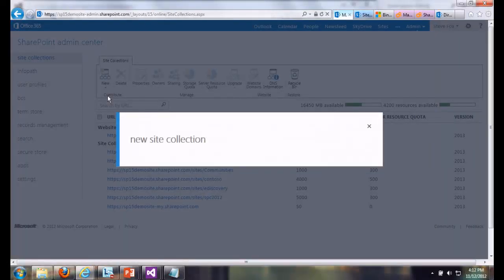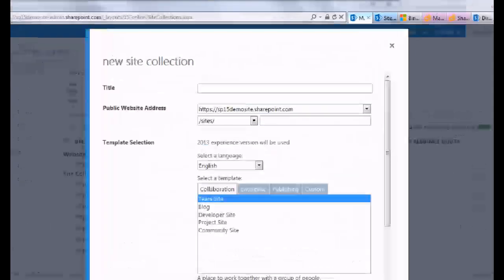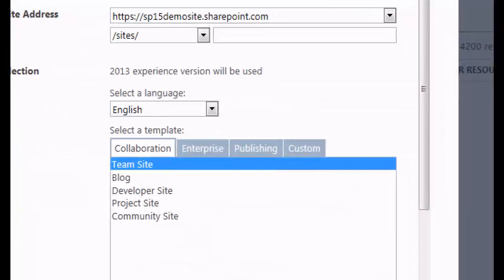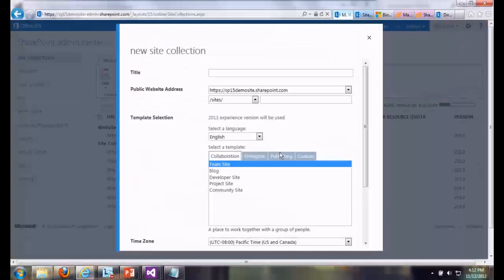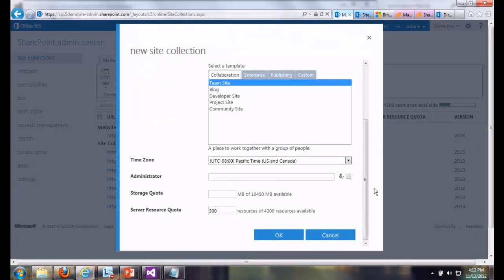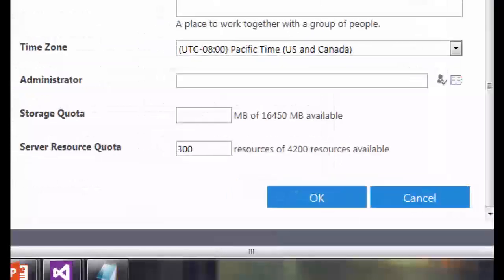There we go. And you can see here there are different types of site collections that run across core collaboration templates, enterprise templates, publishing templates, and so on and so forth. The custom tab is if you build your own site template with a whole bunch of your own apps that you want to deploy, that's the one you would use. And if you deploy it, it shows up here. Let's say it's a special organizational finance template. All right? And of course you have quotas down here, and this is basically storage and resources and things like that, right? So you have a certain limit in Office 365.